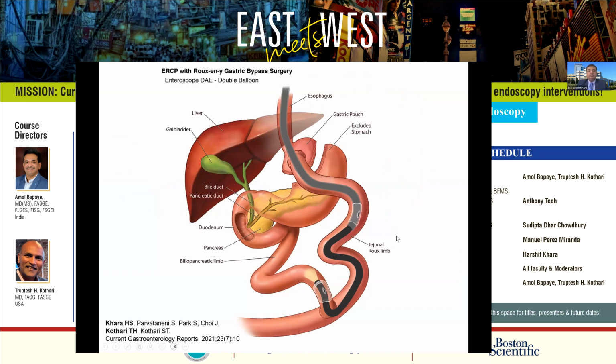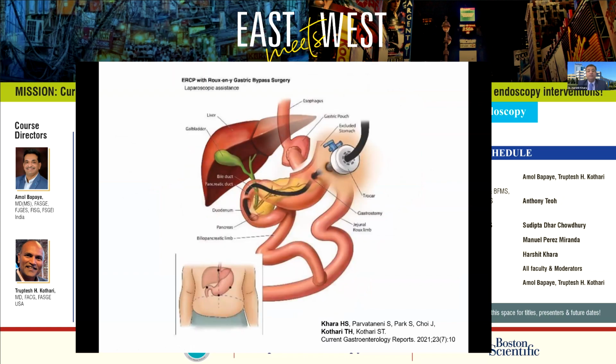Traditionally, in the past, you could do a device-assisted deep enteroscopy and be able to get up to the papilla. The only limitations become that the devices we use for ERCP are obviously not long enough for this, and the need for a side view because we're coming from an upside-down view.